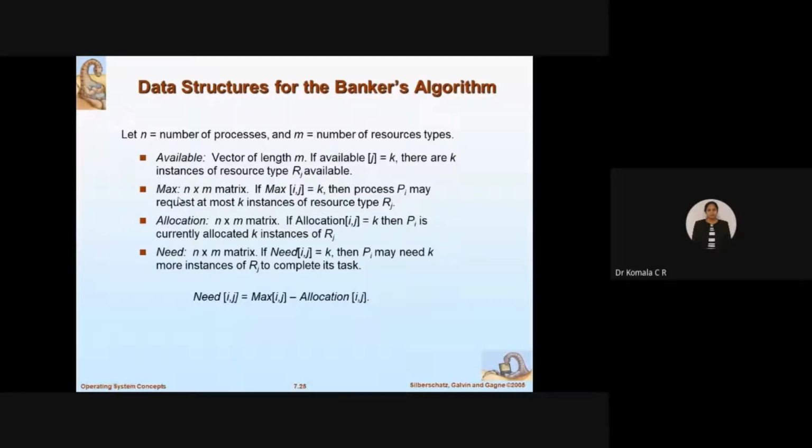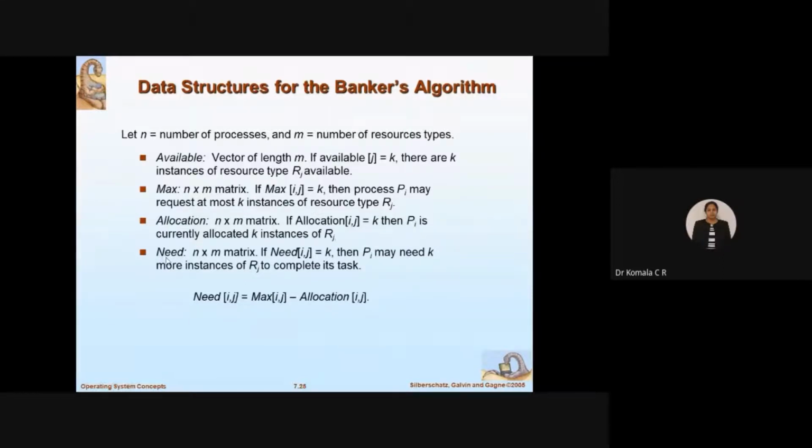And maximum means what? The existence. Available means what? I have some 10 instances of some resource, say R1. In that, if I have already given 5 instances, so remaining is how much? 5. So that is available at this particular instant of time. After allocating some resource, what is left out? That is available. Maximum means what? Maximum number of instances that exist for each and every resource. And allocation means what? Currently, what are the number of instances for each and every resource allocated to the process?